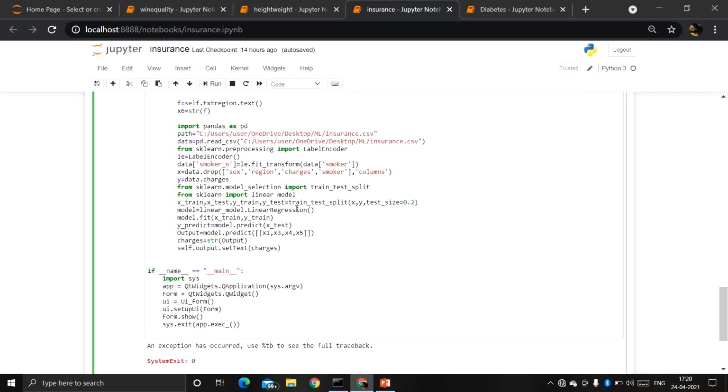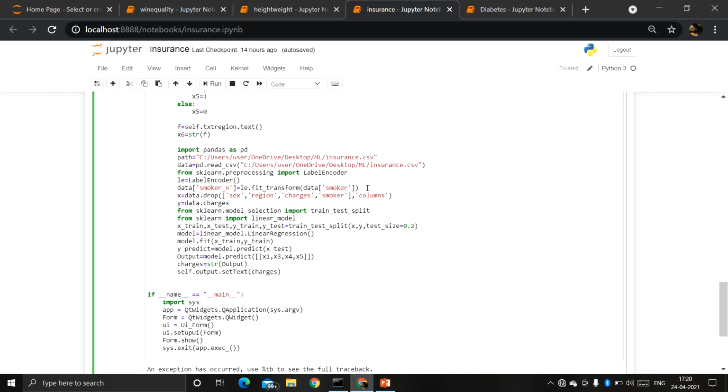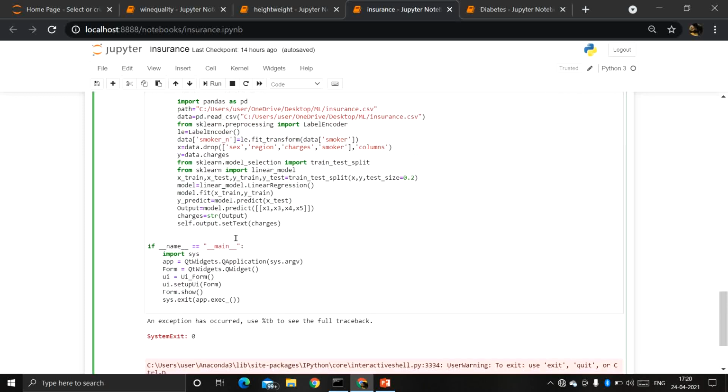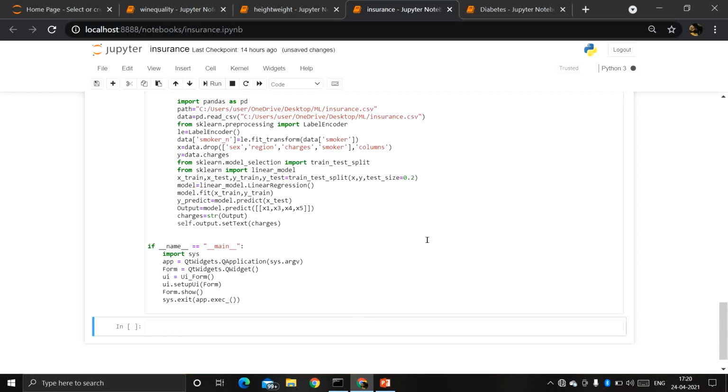Here I have taken insurance. I've imported all the necessary libraries, and I have also encoded smoker so that it will be in binary. I have also imported train test split and applied the algorithm here. So the output will be, if I run this,